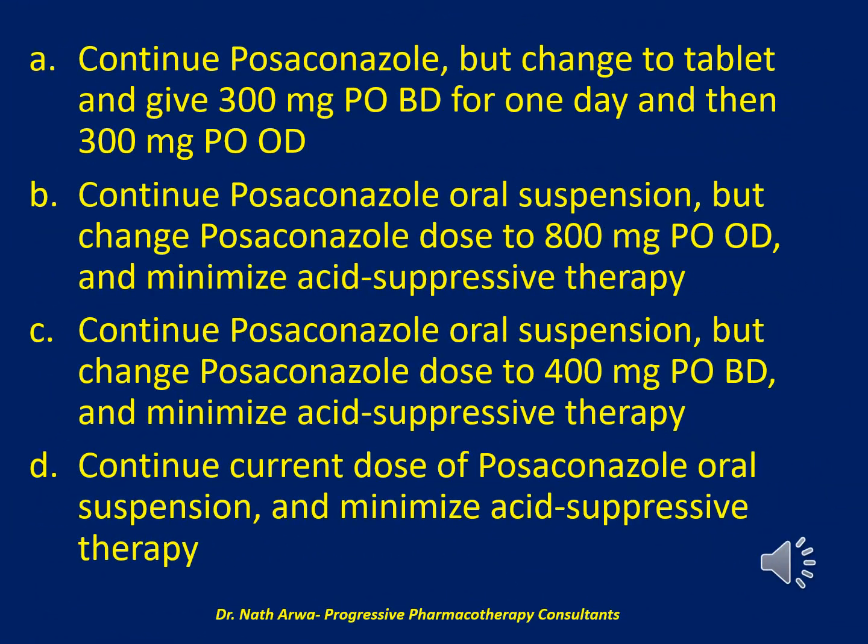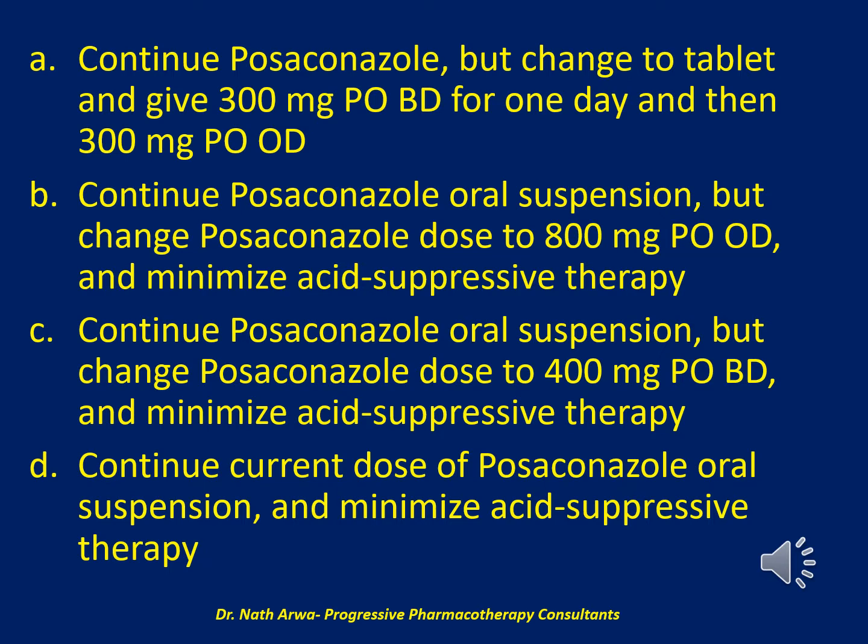Is it A. Continue posaconazole, but change to tablet and give 300 mg orally twice daily for 1 day and then 300 mg orally once daily, or B. Continue posaconazole oral suspension, but change posaconazole dose to 800 mg orally once daily, and minimize acid suppressive therapy, or